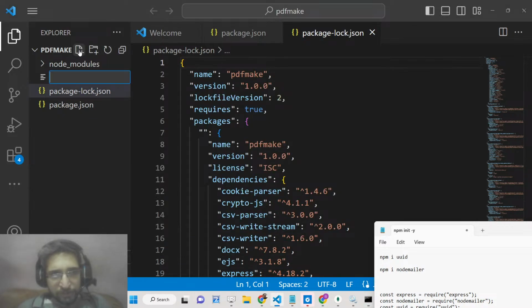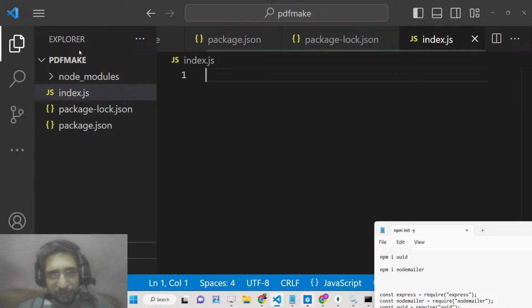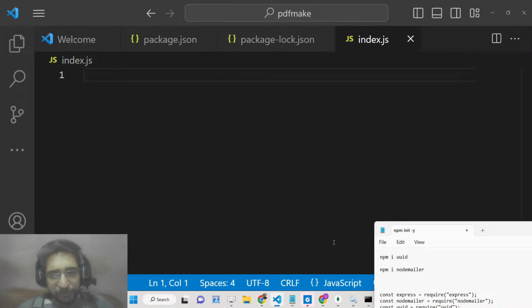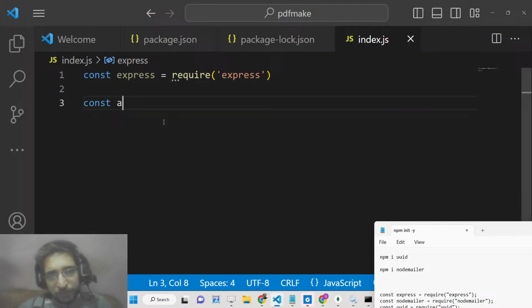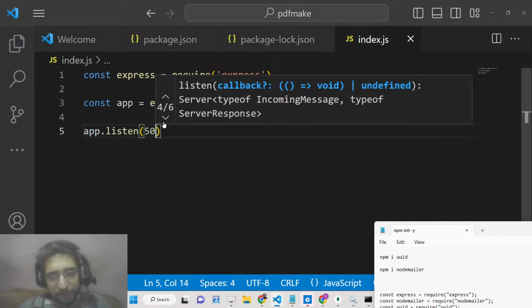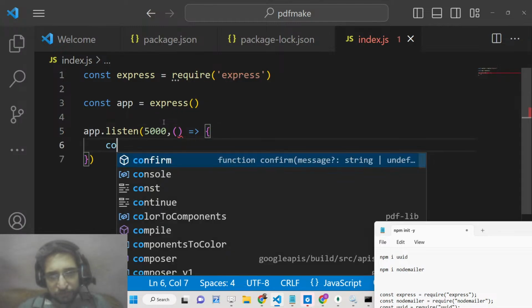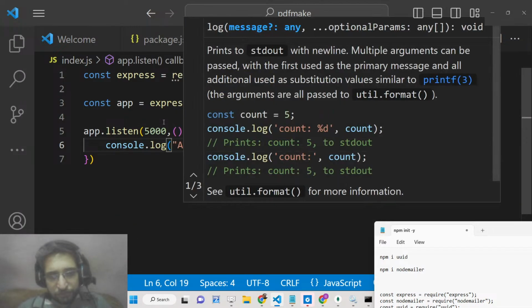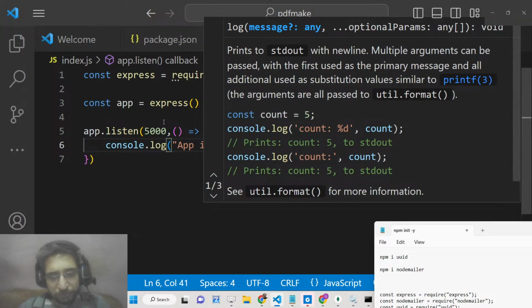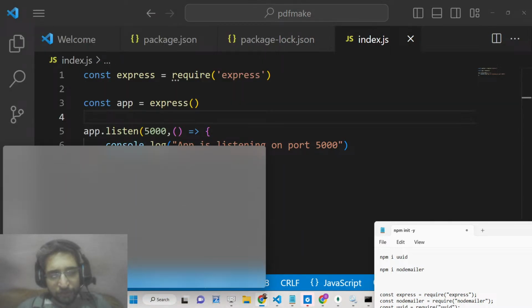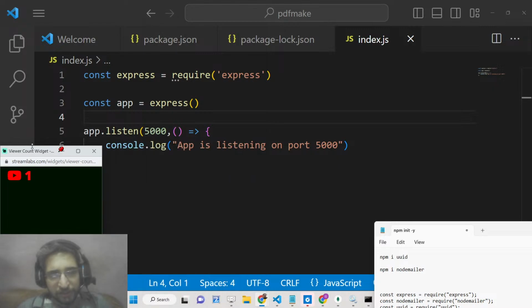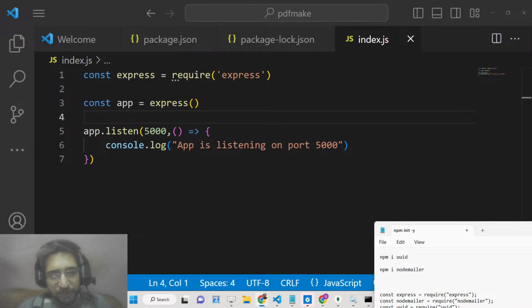So now what I will do is create an index.js file inside the root directory. Right here, guys, we will basically start a basic Express server. So we will require the Express dependency here. We will make a new app of Express, and basically we will start this application on port 5000. So after you start this application, guys, on port 5000, what we need to do is